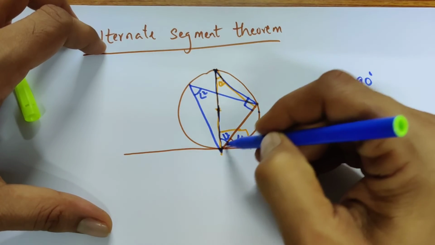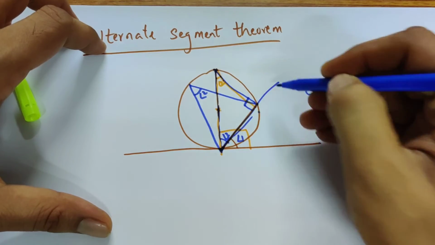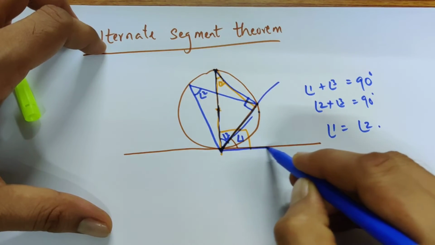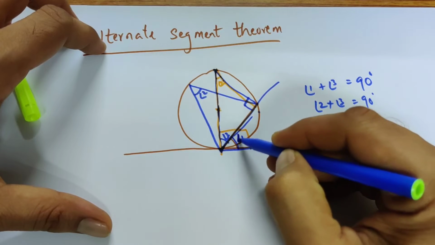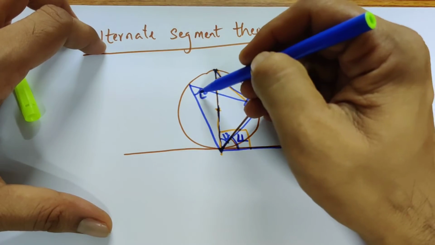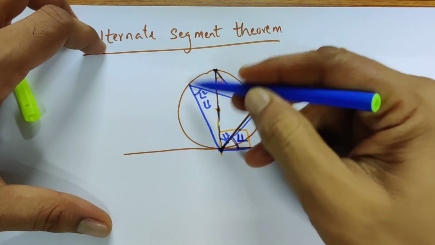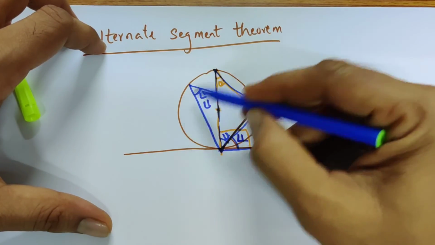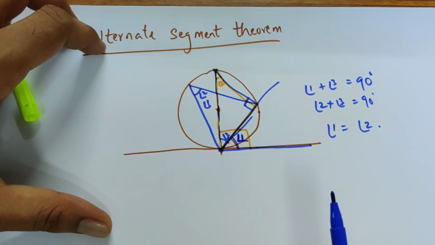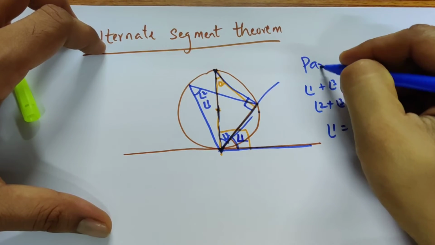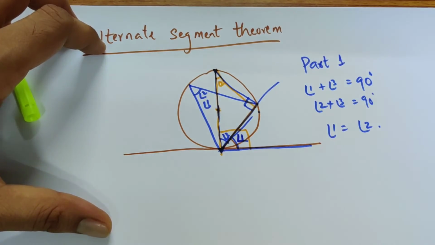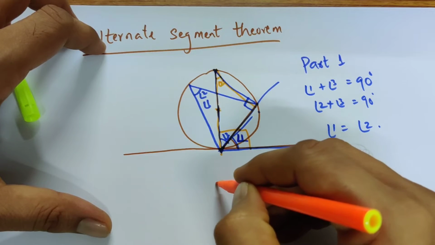Okay, so again angle 1 is the angle that the chord makes to the tangent, and the same angle, so angle 2 has basically become equal to angle 1, which is at any point on the circle what this chord makes in this part of the segment. The alternate segment theorem, this is basically part 1. Okay, so for part 2, I'm going to draw a separate circle for that,